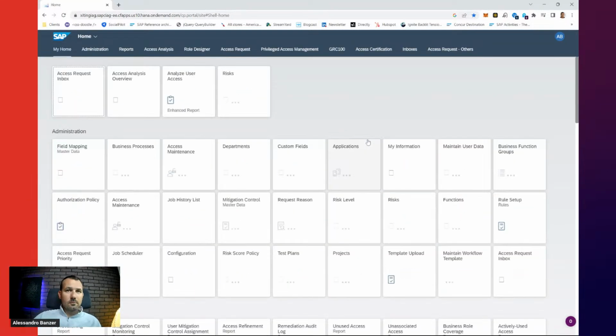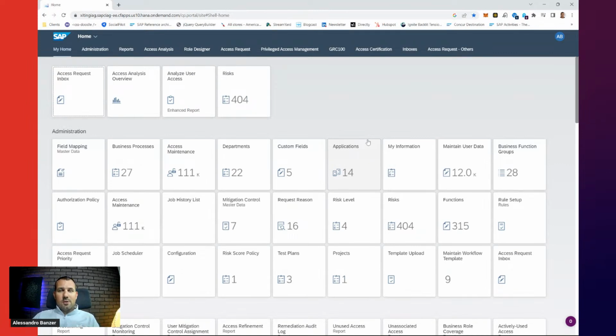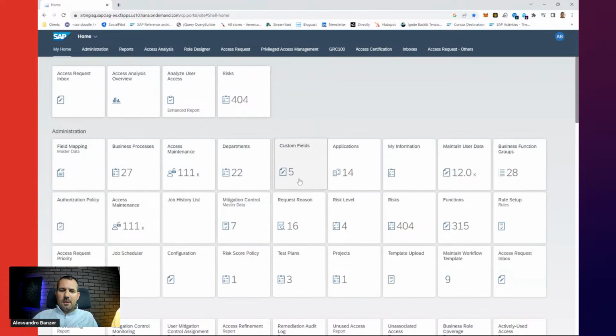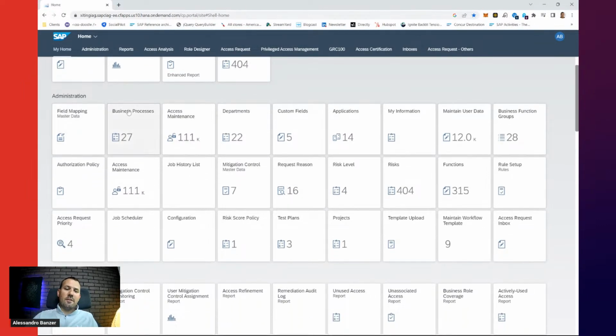So here we go. So this is the landing page of IAG, obviously a cloud application. The entire front end is Fiori based. So this is typical Fiori. We have the tiles. We have like the app finder application, very similarly to what you are used to from any other cloud application that runs on Fiori, or even the on-prem Fiori Launchpad is Fiori. We can move tiles here and so on. So nothing different there from that perspective. So what do we have here? We have different sections. Obviously, I'm an admin here. I have all the authorizations. We can see here I have a lot of administrative tiles.